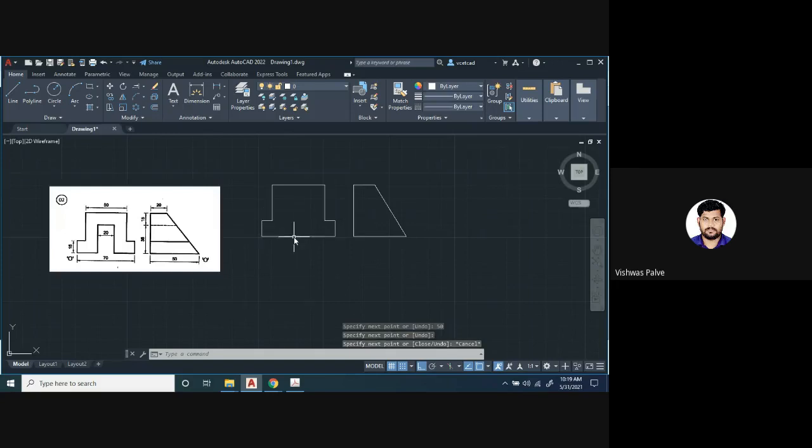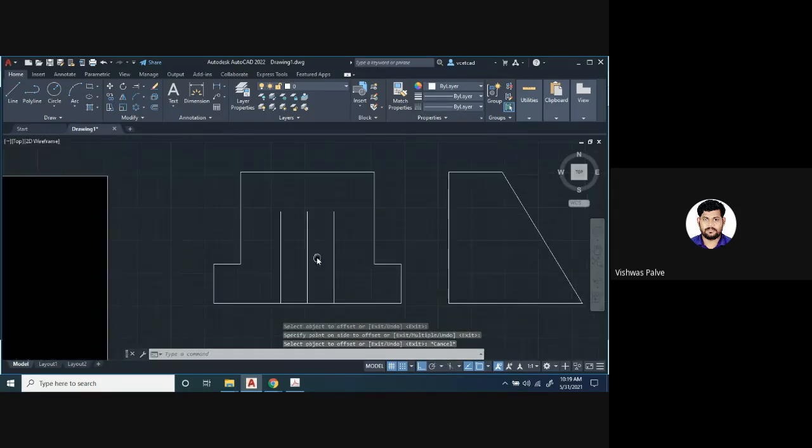So then next point is I want to draw this center portion. So L enter. I'll use this triangle, which directly indicates that it is a midpoint of this, right? I'll draw a 35 millimeter vertical line. I will use the offset command, O enter, offset, 20 millimeter. So on this side I will draw 10 millimeter, on the other side I will draw 10 millimeter. So I'll say 10 millimeter offset on this side, on the other side.